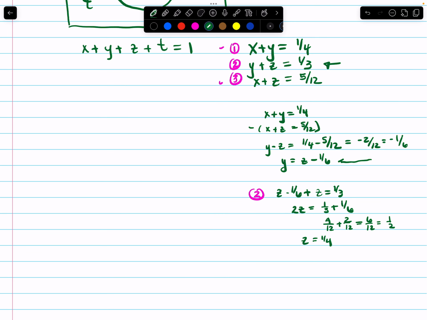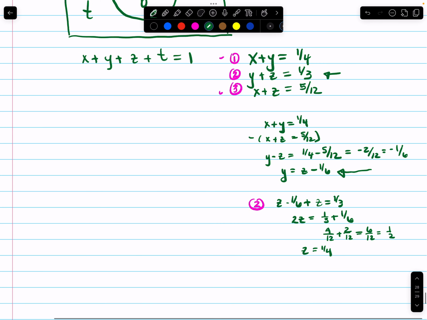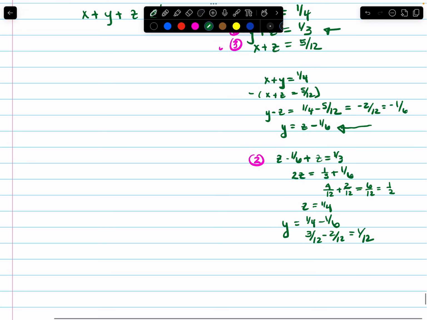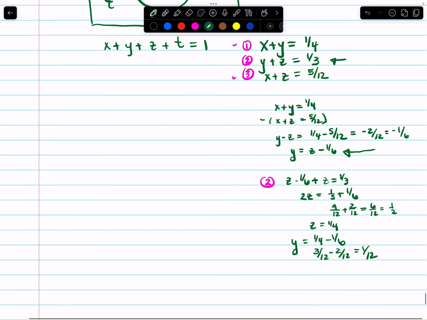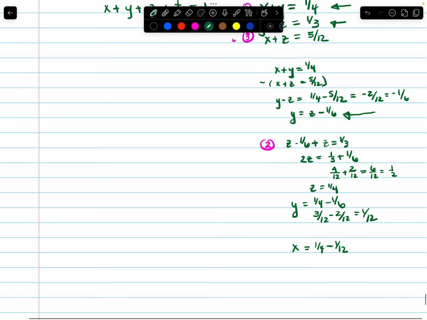I'm going to go back into this equation now to figure out what Y is. So Y is equal to Z, which is 1/4, minus 1/6. Again with the 12ths. So that's 3/12 minus 2/12, or 1/12. So our Y is equal to 1/12. Now we're going to go back into that first equation and solve for X. So X is equal to 1/4 minus Y, so 1/4 minus 1/12. So that's going to be 3/12 minus 1/12, which is 2/12, or 1/6. So I have X is 1/6, Y is 1/12,